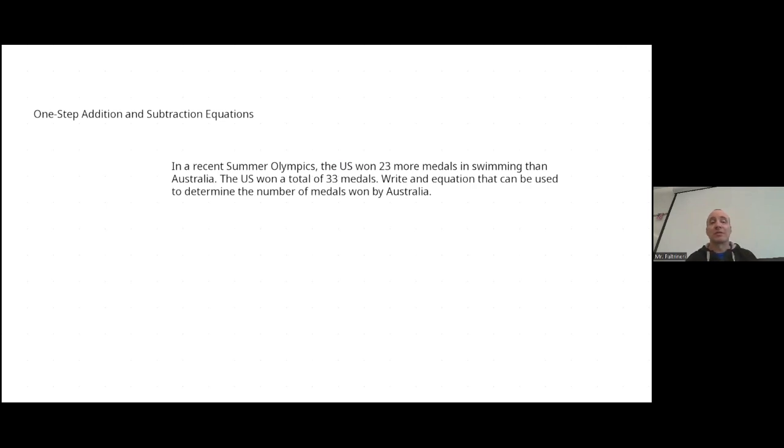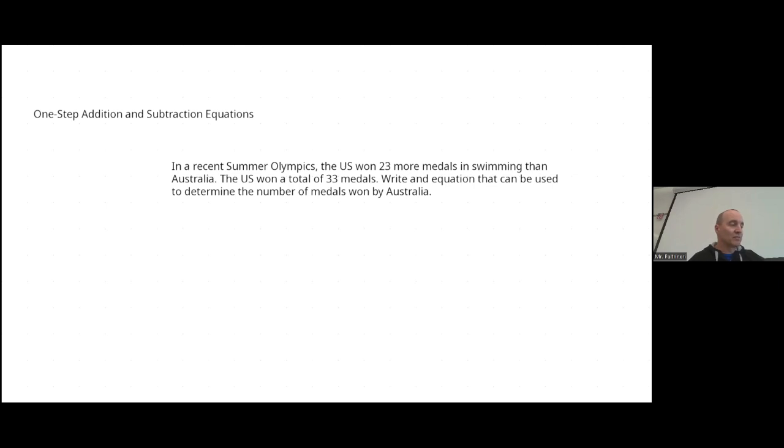So we have a word problem, right? In a recent Summer Olympics, the U.S. won 23 more medals in swimming than Australia. The U.S. won a total of 33 medals. Write an equation that can be used to determine the number of medals